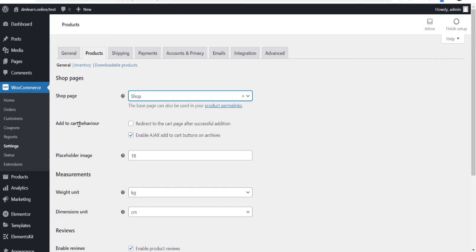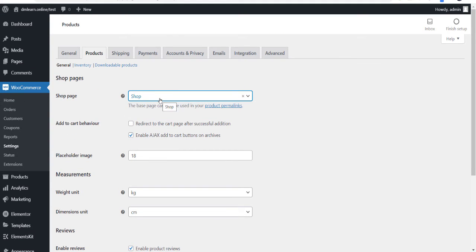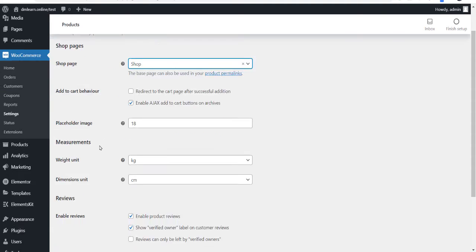You can create product permalinks with whichever kind of permalinks you want to show for your product. By default the page we have selected is shop. Add to cart behavior: what kind of behavior do you want? You must have seen lots of e-commerce websites, where once you add to cart they redirect you to another page, or you stay on that page too, so you can enable this feature.